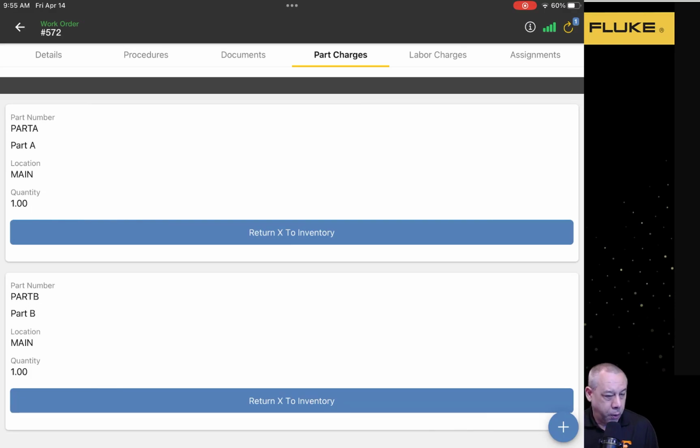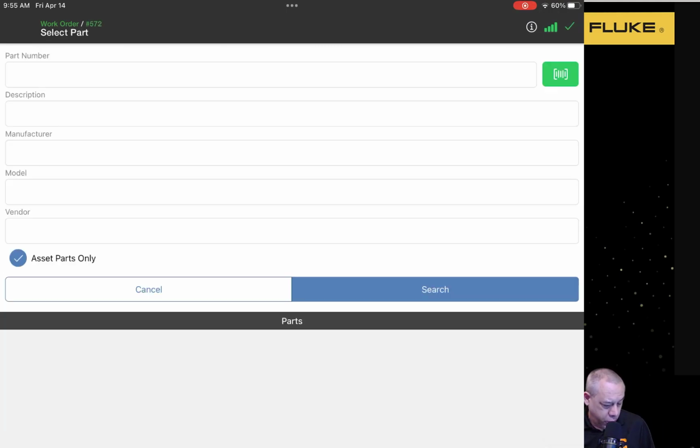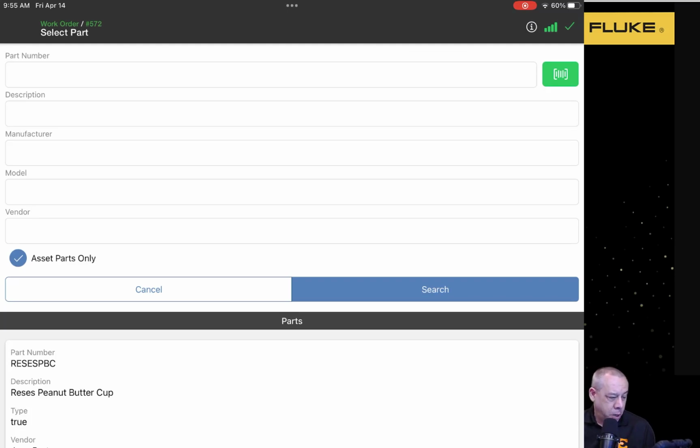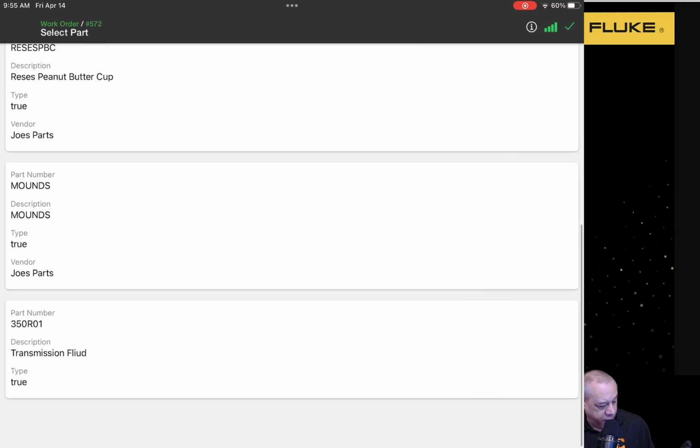I'm not going to go ahead and do part C because you kind of get the hang of it, I'm sure, by now. But if you did not do barcodes, you could hit the plus button, and then you could search by any of the criteria we have up here. The part number, description, manufacturer, model, or vendor. Any of those would work. But make sure you uncheck Asset Parts Only